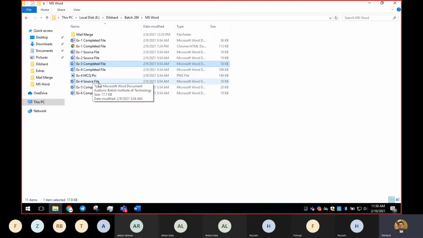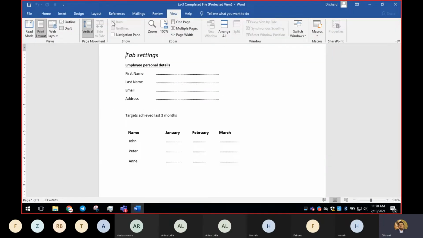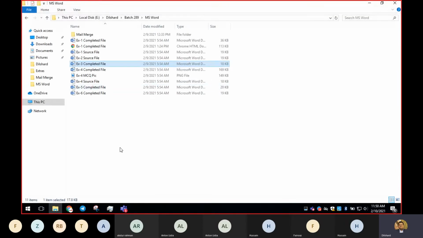Right. So you know how to enable and what is the tab. So we have to go to View tab to enable the ruler. So from here only we have enabled the ruler. And if you open an existing document, what do you mean by that? If you open a document which is already designed, for example, this document is already created, if I double click that,